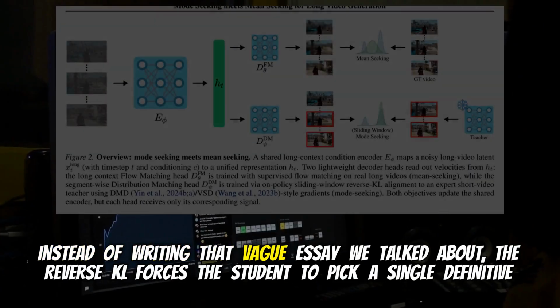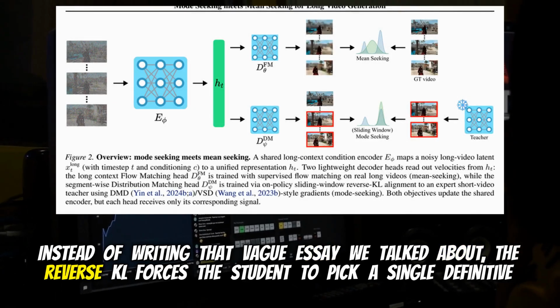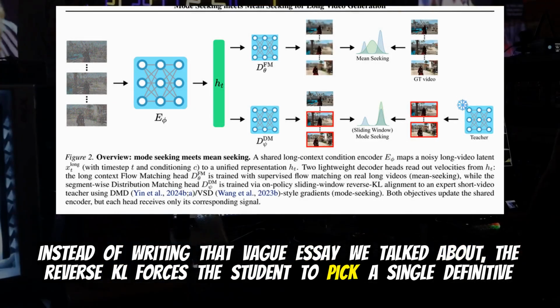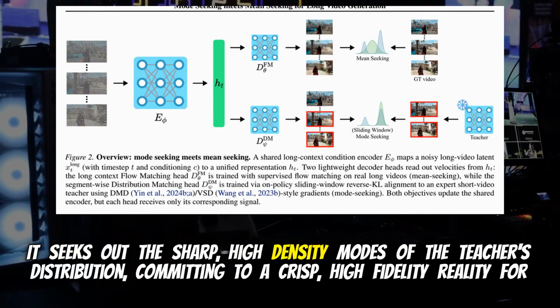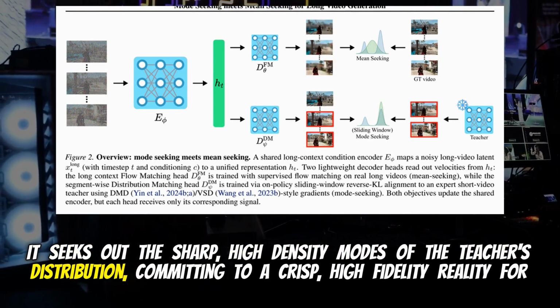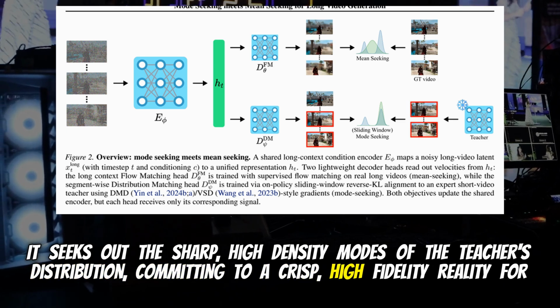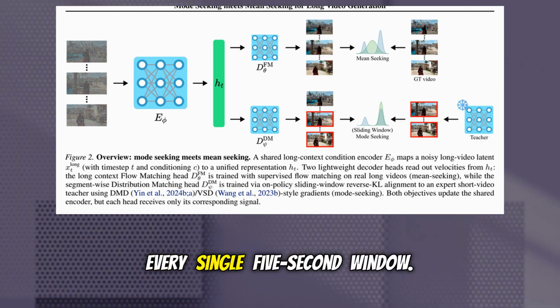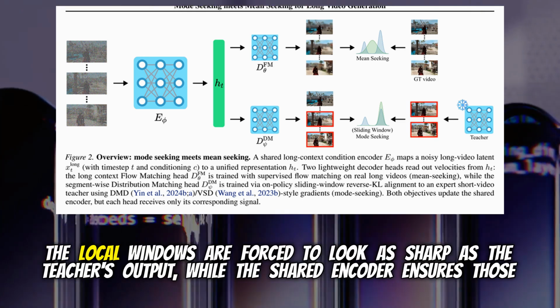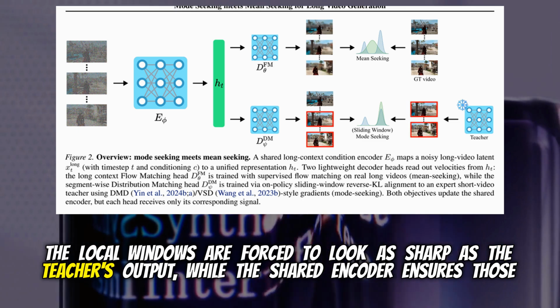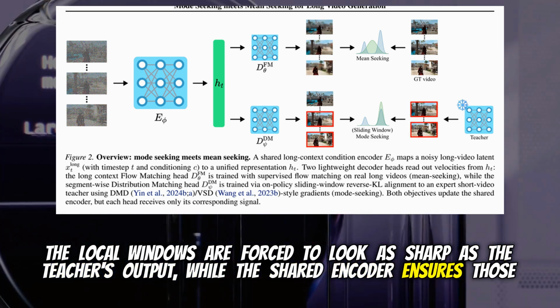Instead of writing that vague essay we talked about, the reverse KL forces the student to pick a single definitive answer. It seeks out the sharp, high-density modes of the teacher's distribution, committing to a crisp, high-fidelity reality for every single 5-second window. That sums up the intuition perfectly. The local windows are forced to look as sharp as the teacher's output, while the shared encoder ensures those windows